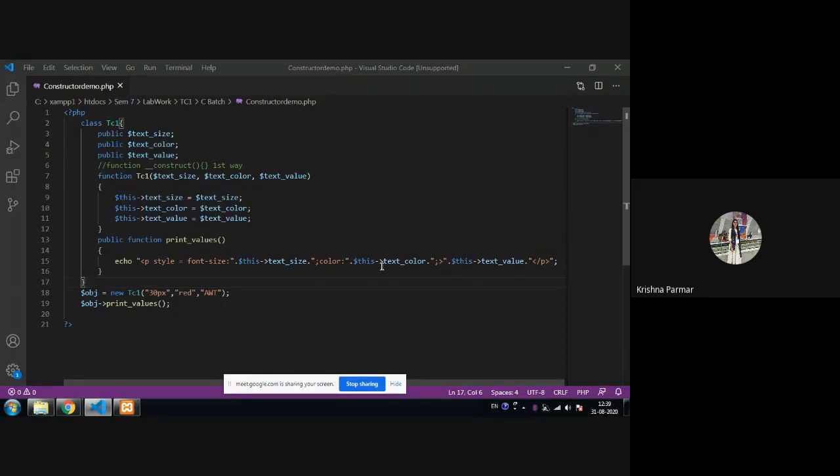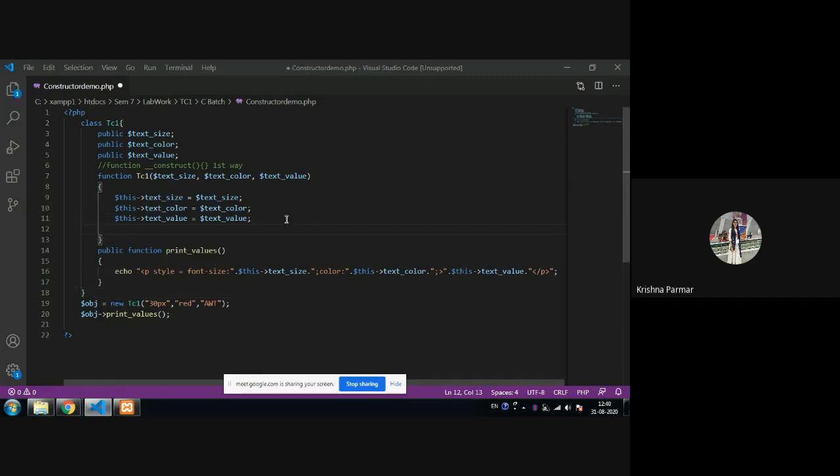Another thing that I want to tell you: if you don't want to call this function like this, which is always for printing, and if you need this function every time, then what you can do is call it in your constructor. So whenever the initialization is done, they will directly call it, and there is no necessity for calling it separately.